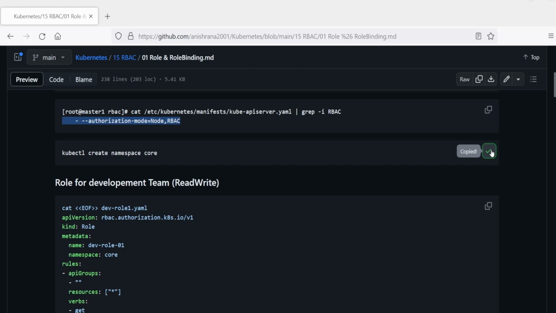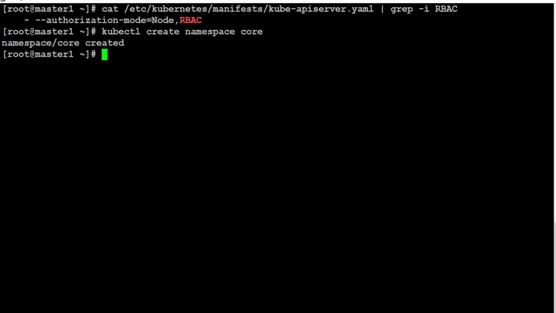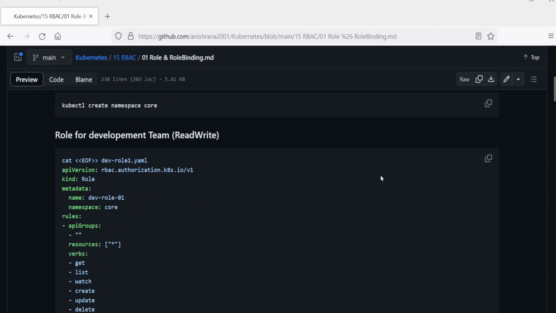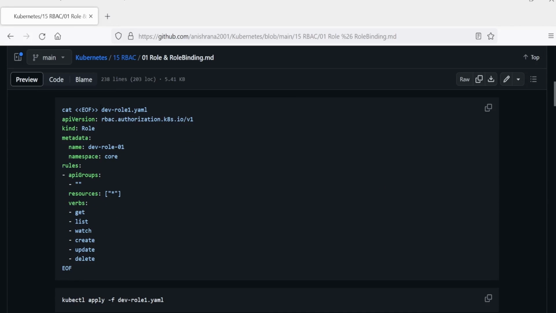Let me create one namespace, the core namespace. Then in this manifest file, I'm going to create a role, and the name of this role is dev-role1, namespace is core, resource is all.